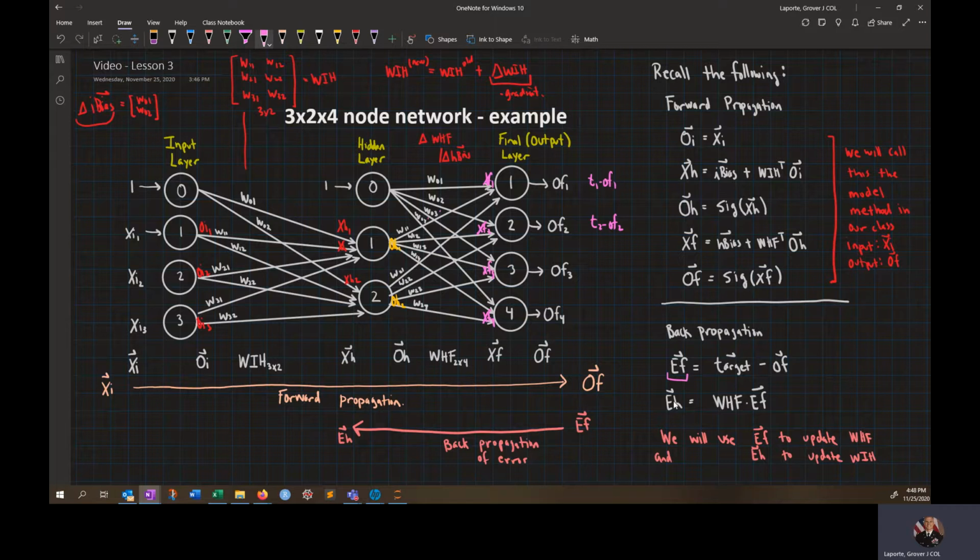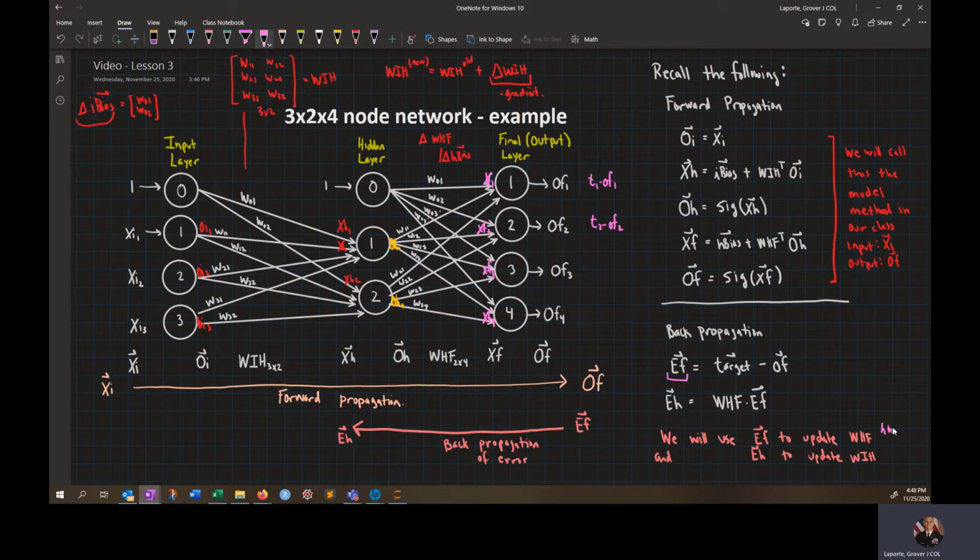The next part is, we saw last video that it's just the WHF matrix. This 2x4 matrix times the EF vector gives you EH, and that will give you a semblance of the error that's associated with each one of those two nodes and the weights that are in there. Okay, so today's class is all about using EF, this first vector here, to update WHF and